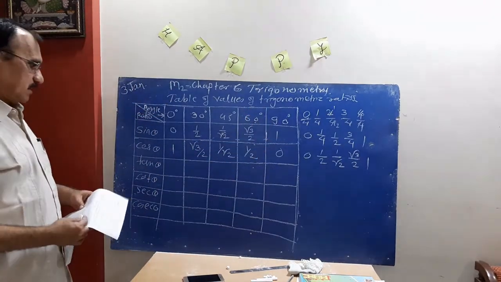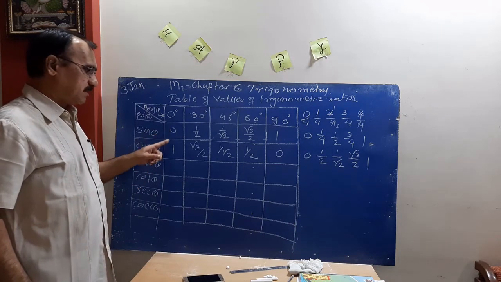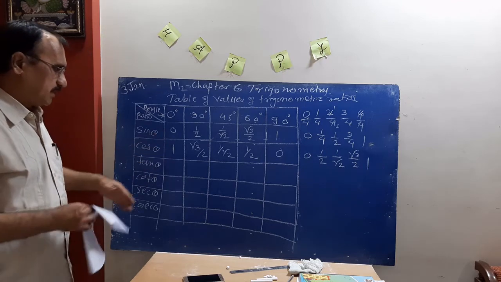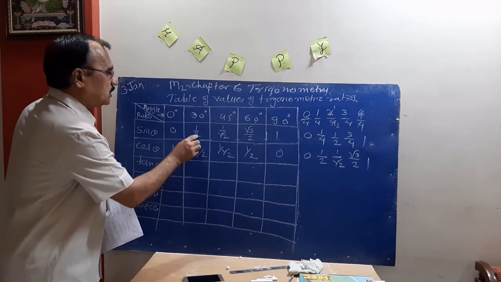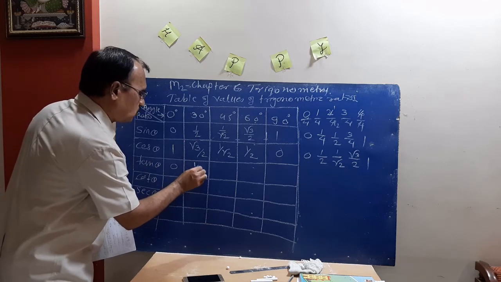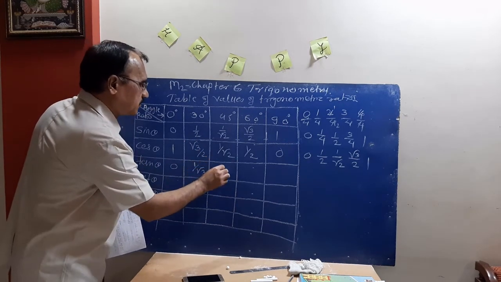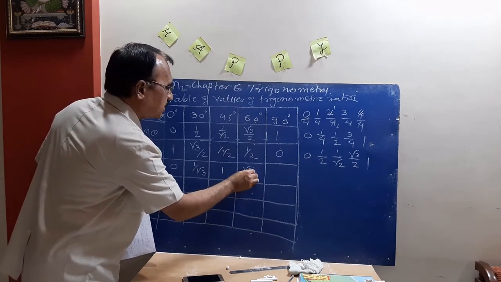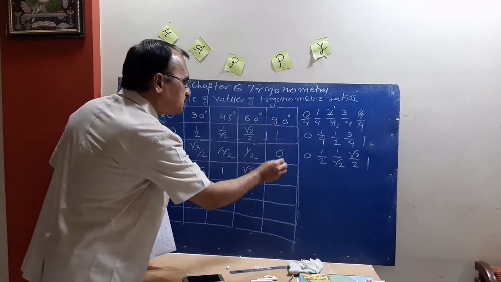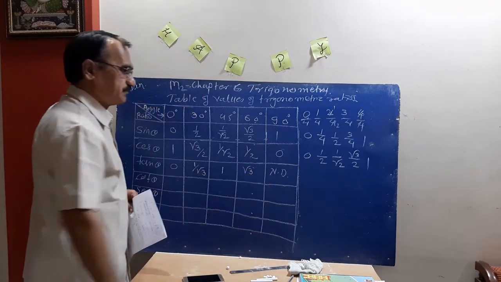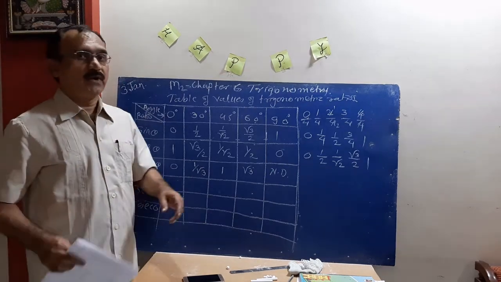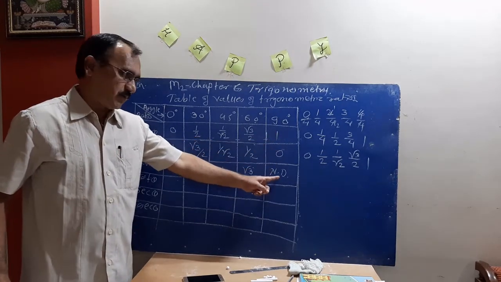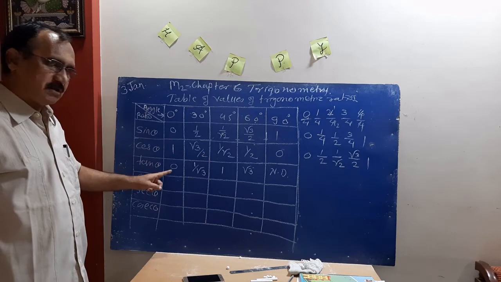Opposite direction. Then you know tan theta is sin theta upon cos theta. Tan theta means sin theta upon cos theta. 0 upon any number is 0. 2 gets cancelled, means 1 upon root 3. Same number upon same number is 1. Denominator 2 gets cancelled. Numerator root 3 upon 1. And any number upon 0 is not defined. We cannot divide that. 1 upon 0. Any number upon 0 is not defined, and 0 upon any number is 0.